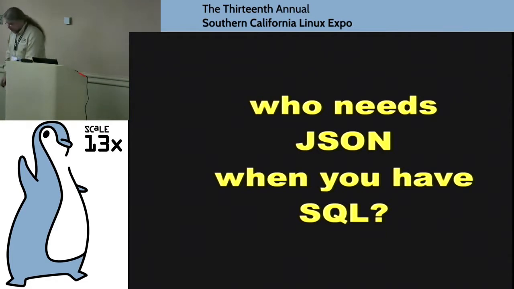So, from the other side of the house, from the dedicated DBAs and that sort of thing, how many people here are a professional DBA, primarily? A few people. One of the questions was, why do we need this? We've got SQL, it's tremendously expressive. People should be constructing normalized databases anyway. So why do we need this whole JSON thing? It's just going to mess up my database.